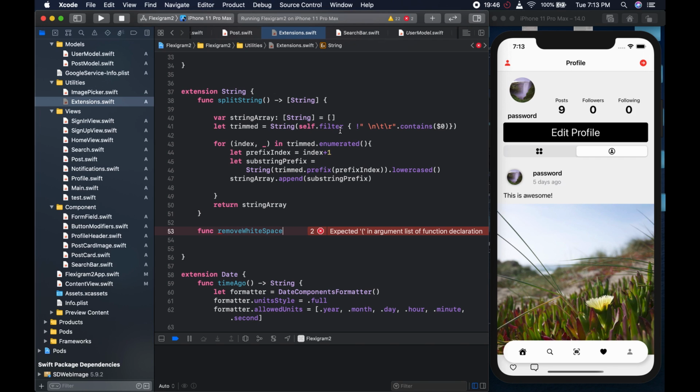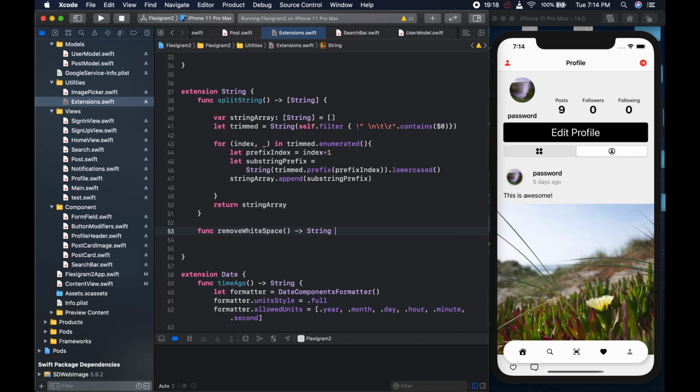We trimmed it, then we lowercased it. Now when a user is entering the search into our text field, which is sort of like our search bar, we want to do the same: trim it and lowercase it, right? We have already done this, but let's do it for the text field that we'll use as our search bar. So we could say remove white space, like so, and this one is going to return